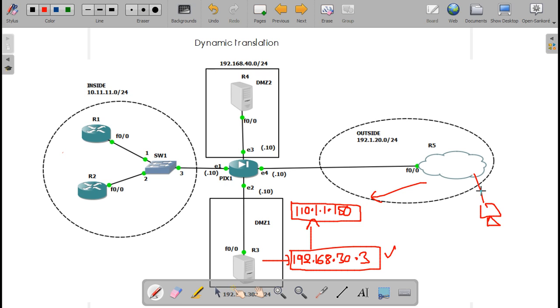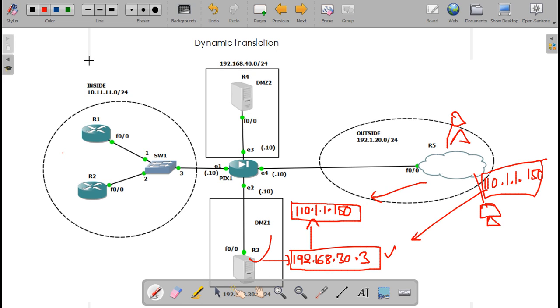So the internet user will send his packet to 110 and the packet will actually reach the server. Any client on the internet accessing this IP will be able to reach your server.